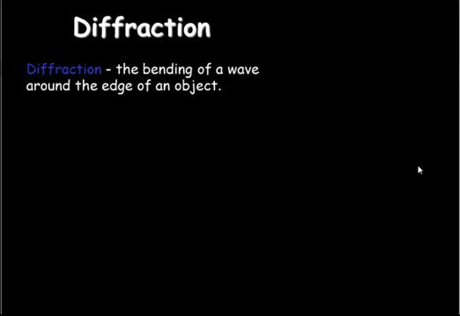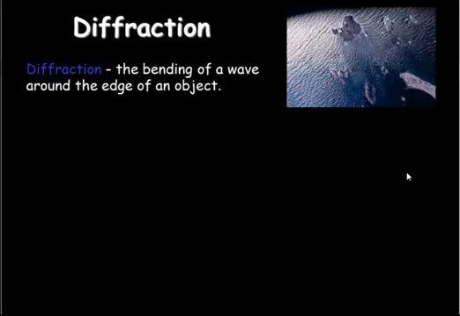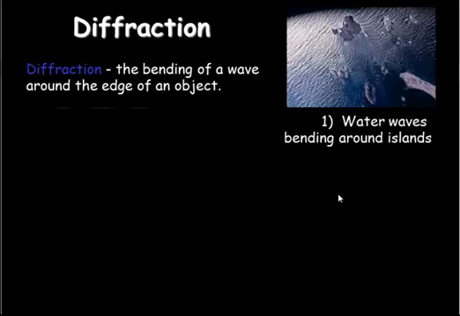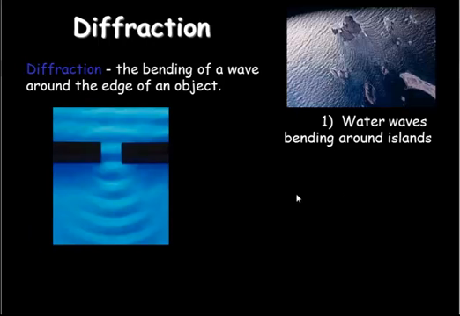During this session I'm going to introduce a property of waves which is known as diffraction, or put into other words, the bending of a wave around the edge of an object. Now we can see this in a couple of examples. For a start, we see it as the bending of water waves around islands,